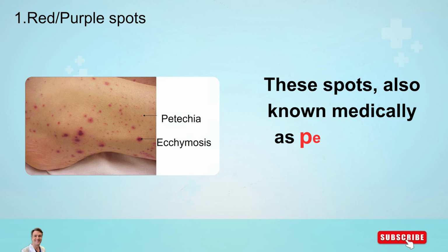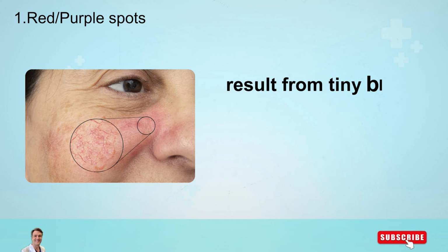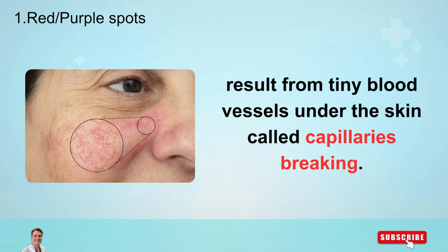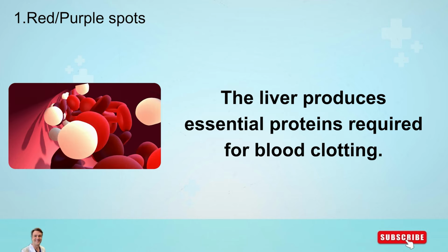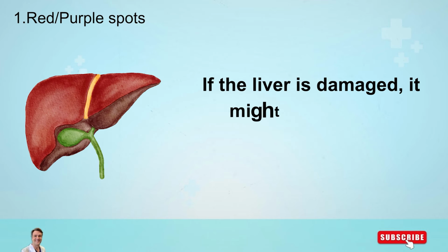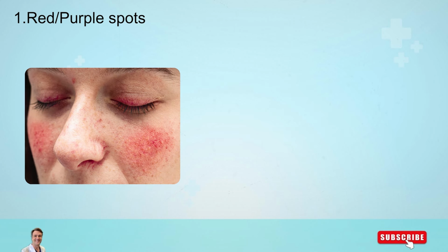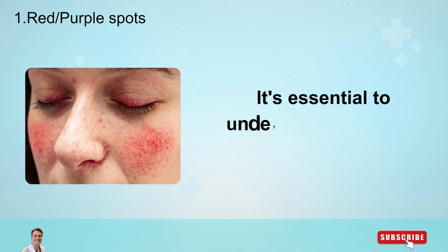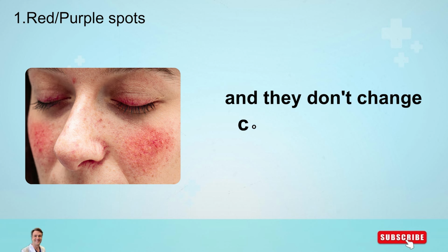These spots, also known medically as petechiae or ecchymosis, result from tiny blood vessels under the skin called capillaries breaking. The liver produces essential proteins required for blood clotting. If the liver is damaged, it might not produce enough of these clotting factors, leading to bleeding and the appearance of these spots. It's essential to understand that these spots aren't bruises, and they don't change color as bruises do